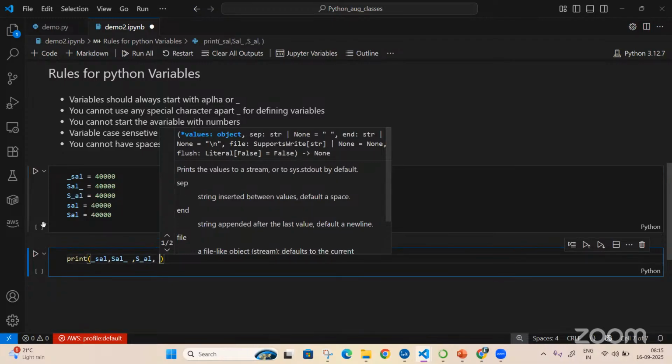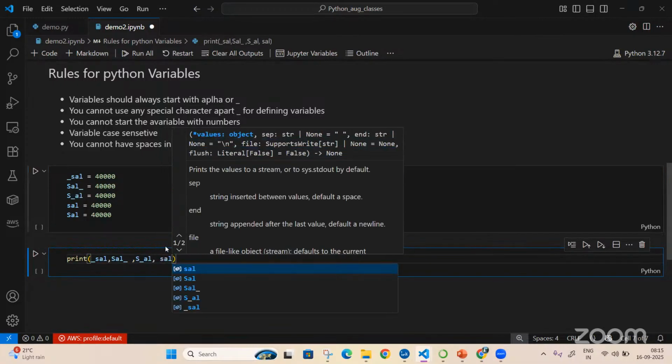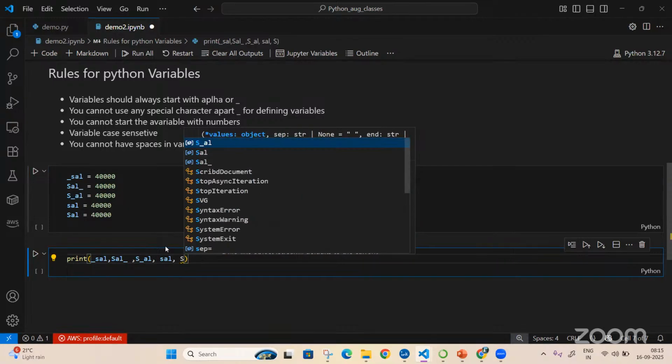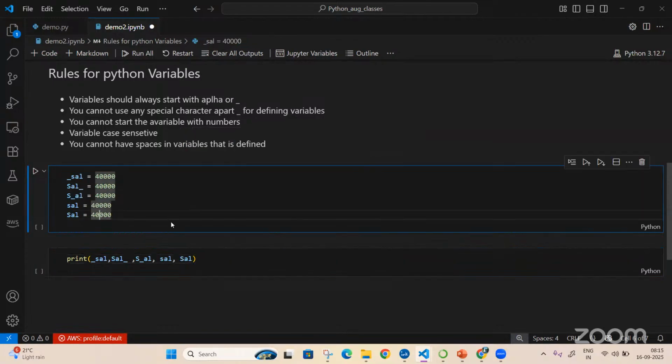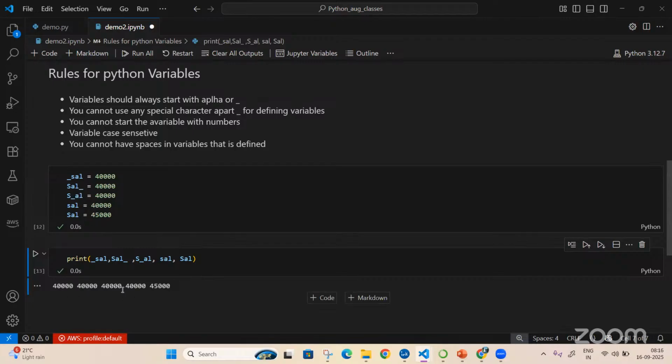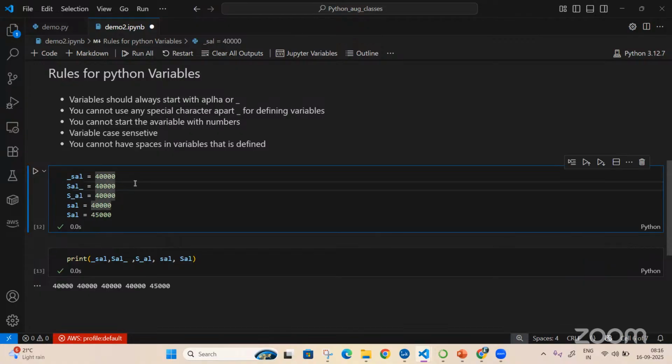Now I'll print this. Instead of this, I'll make it 45,000. Now I'll execute this. It did not throw me any error. Now, as I said, Python is an interpreted language. If there was any error, we should have seen the error right there. Now, if I run this file, what is it giving? All the values are given. Okay. Now I'll write something.